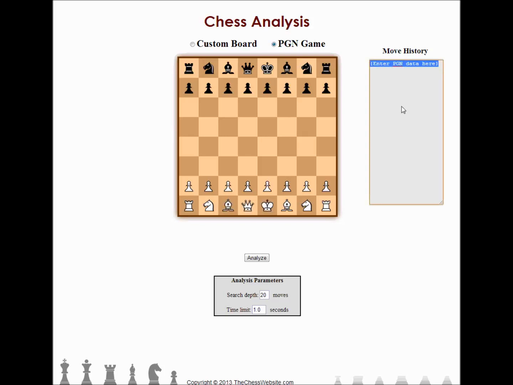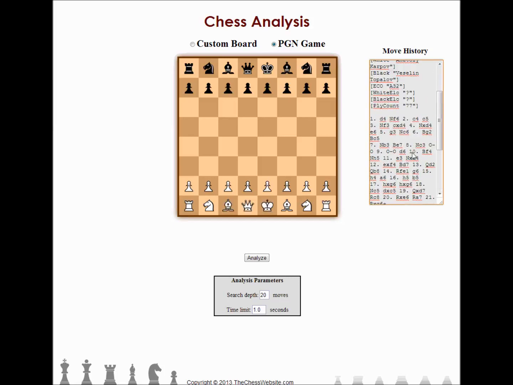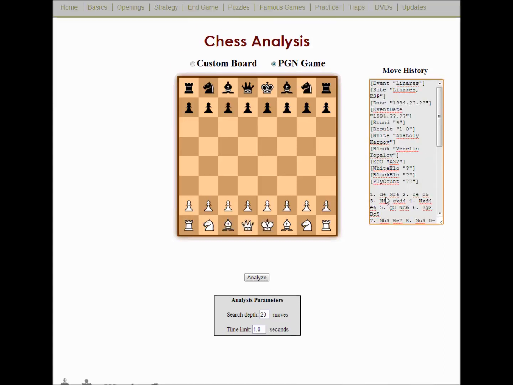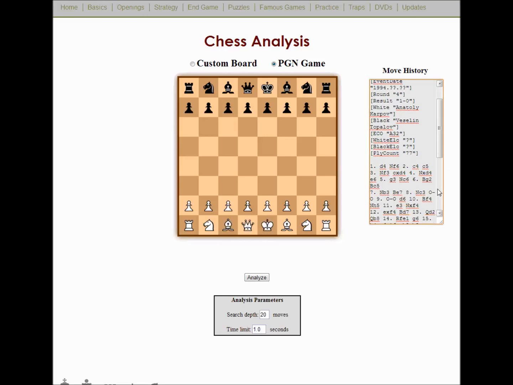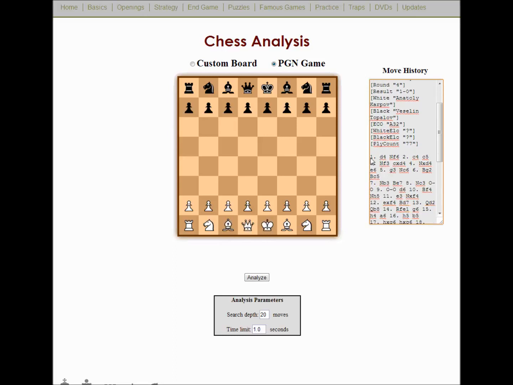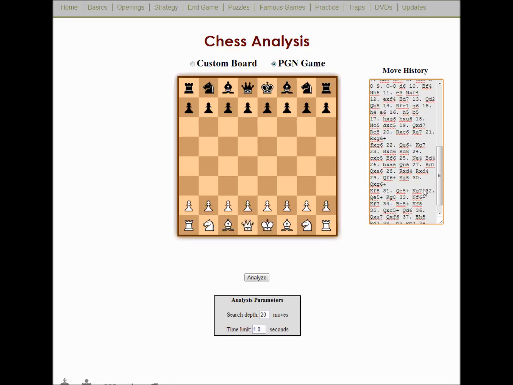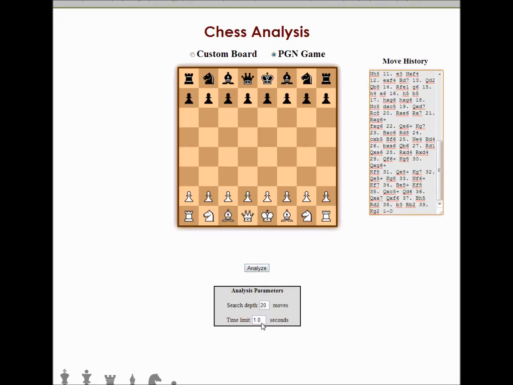So I'm just going to go ahead and delete this over here, and I'm going to paste in a PGN. If you're not too familiar with PGN, it's a format of all your moves. It kind of looks like this. So pretty basic. I basically just copied one of the more famous games out there, but you could do it with just the move orders, one dot and then whatever. Depending on where you're actually playing, they usually generate a PGN file for you. But all you have to do is just put that in there and hit analyze. Now I'm going to go ahead and do 1 second for the time limit for each move. You can definitely change this if you want to get more in depth, but I'm going to go ahead and